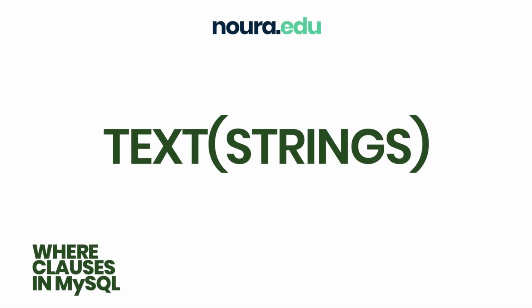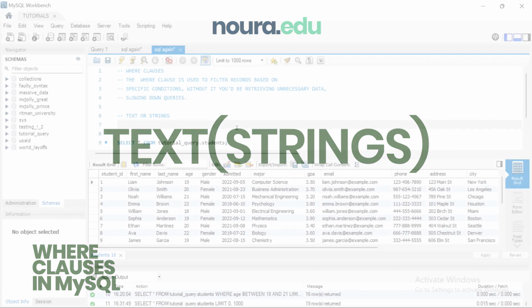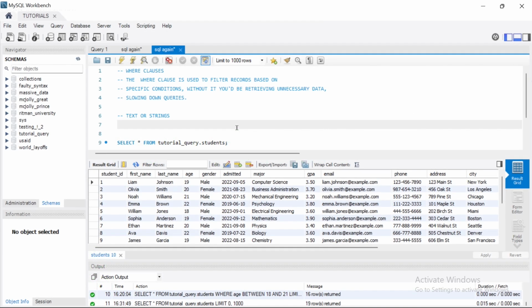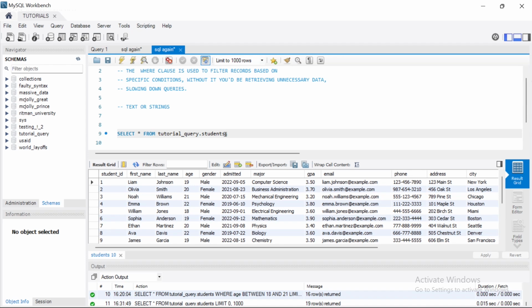Text or string values are sequences of characters used to store things like names, first names, last names, descriptions, addresses, and other non-numeric data. They are stored in data types like character, variable character, text, and national variable character. Always note that strings must be enclosed in single quotes. So let's go with a practical example. Where clauses allow filtering of data based on strings or text. So where last name is equal to, don't forget,